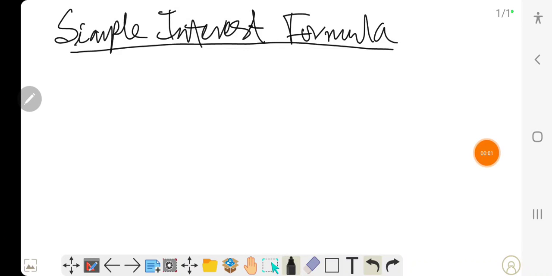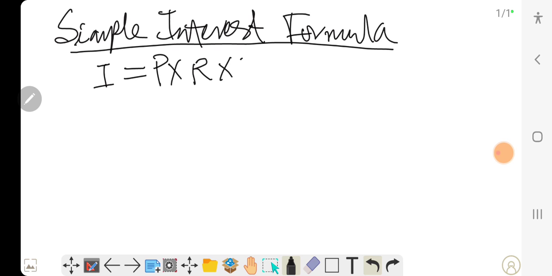We are going to be talking about the simple interest rate formula, how to compute simple interest. The formula to compute simple interest I is equal to P multiplied by R multiplied by T, where I is the interest amount,